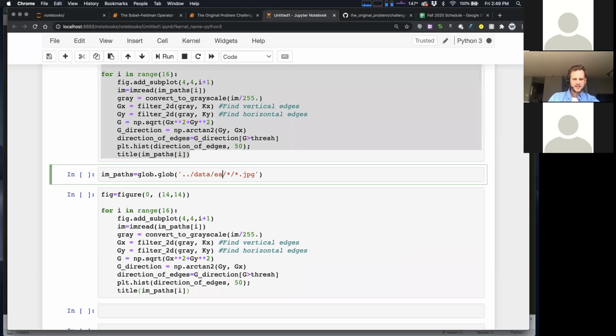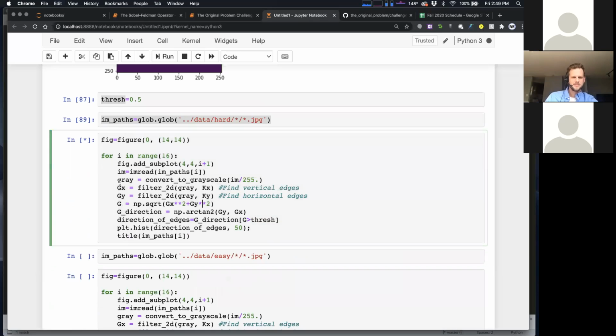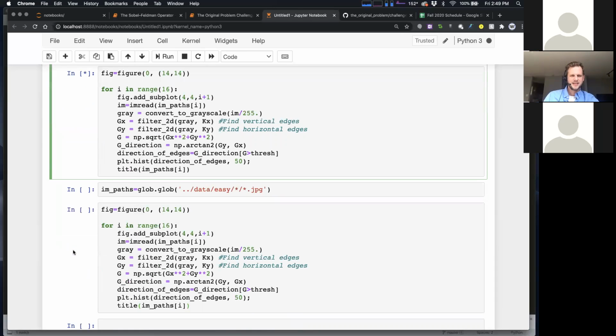Okay. Easy. All right. But the hard, this is going to be messy. There's going to be like no patterns. Let's see. This might take a second to visualize all those histograms. All right, little MacBook, you can do it. Maybe I should have done a 3x3. I think the harder images are going to take longer because there's going to be more points. Those histograms are going to be really slow. Yeah. All right, it's coming.